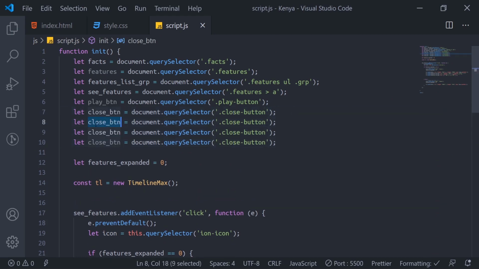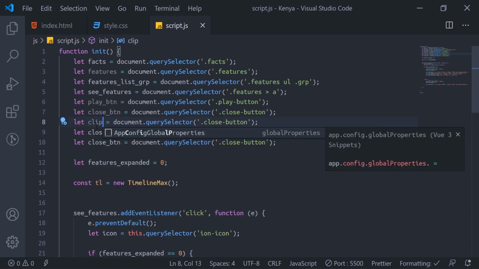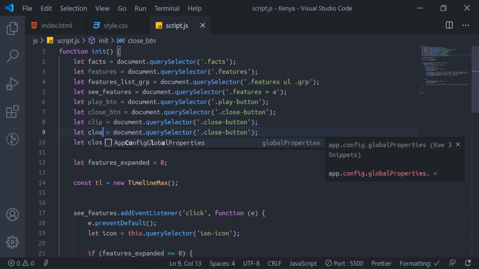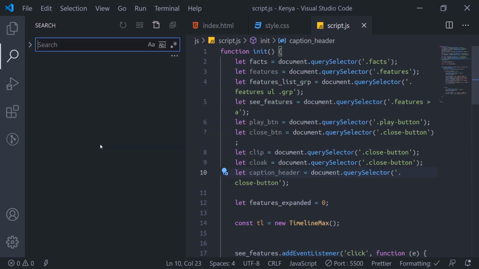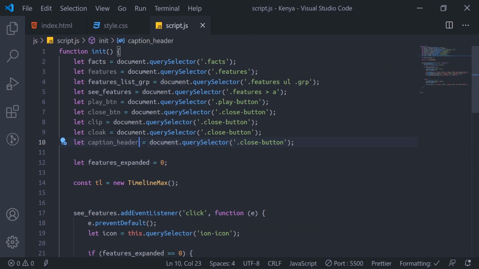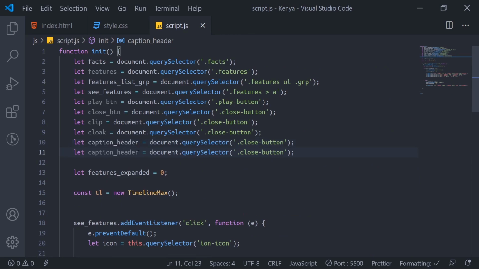So the next one will be clip. This will be cloak. Caption header, and caption contents. All right, so clip.